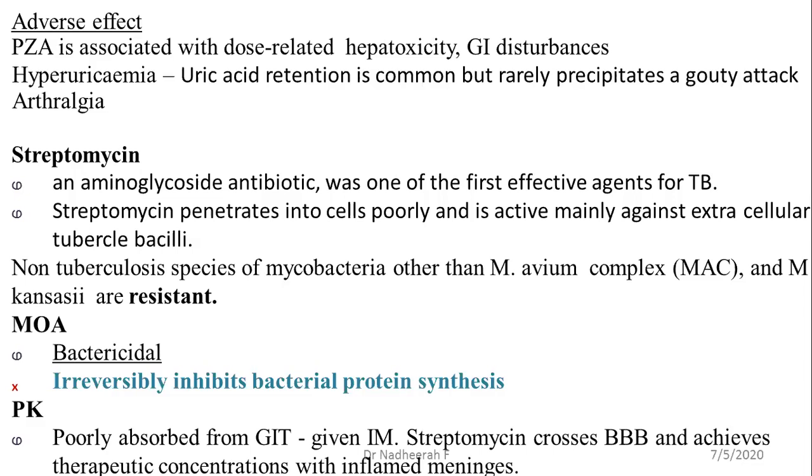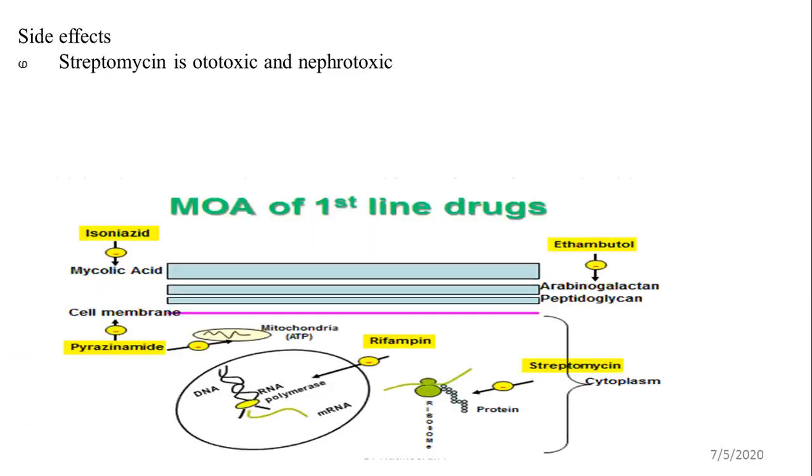Pharmacokinetics: poorly absorbed from the GIT, given intramuscularly. Streptomycin crosses the blood-brain barrier and achieves therapeutic concentration with inflamed meninges. The side effects of streptomycin are ototoxicity and nephrotoxicity,